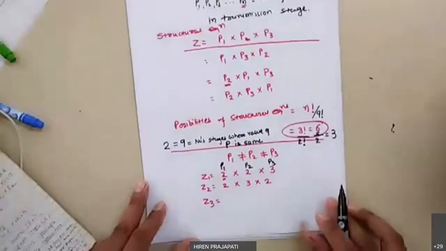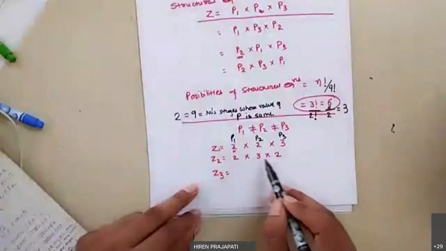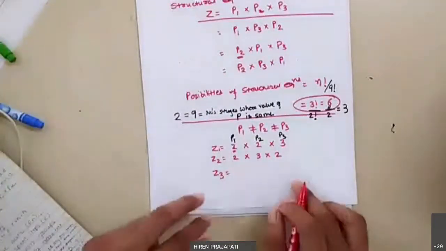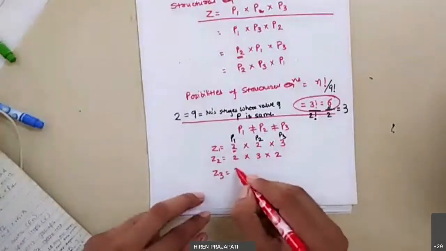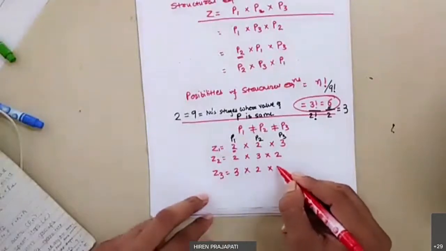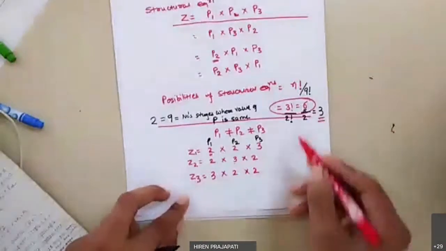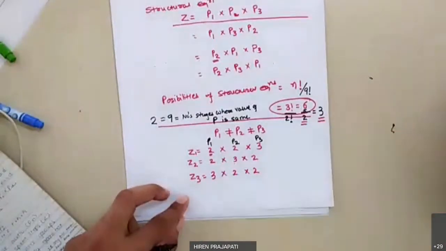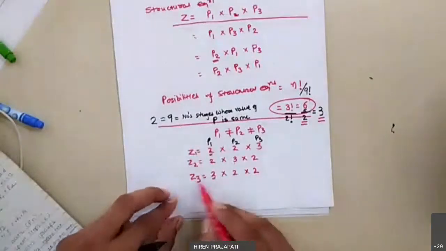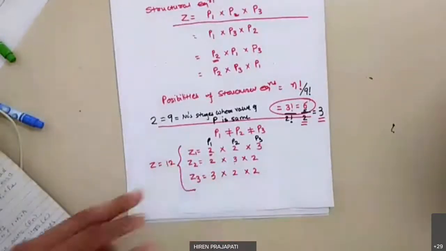Right? So which are those? Like here you can see 2, 2, 3, then 2, 3, 2, and the last one is, suppose I take 3 first, then 3, 2, 2, right? So these are the possible structure equations, which are 3 only. The reason is because in two stages we are getting the same speed. That's why Q is equal to 2. So in this way, these are the possible structure equations for 12 numbers of speed, right?